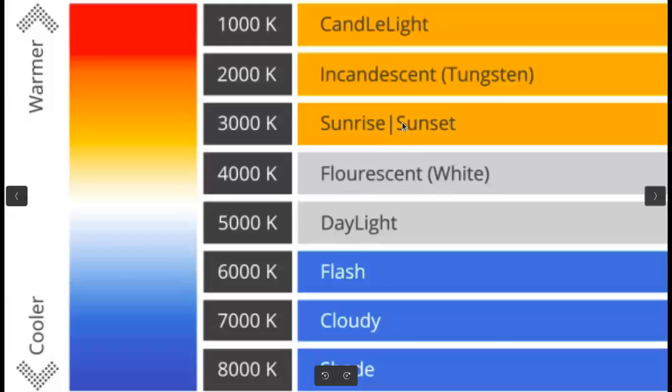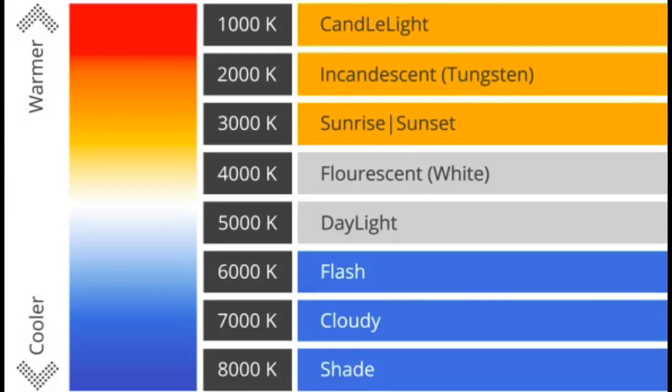In the camera, there will be presets available for controlling white balance. What are those presets called? Something like incandescent, tungsten or candlelight. These preset modes are available. So you can set your camera's white balance to incandescent or bulb.